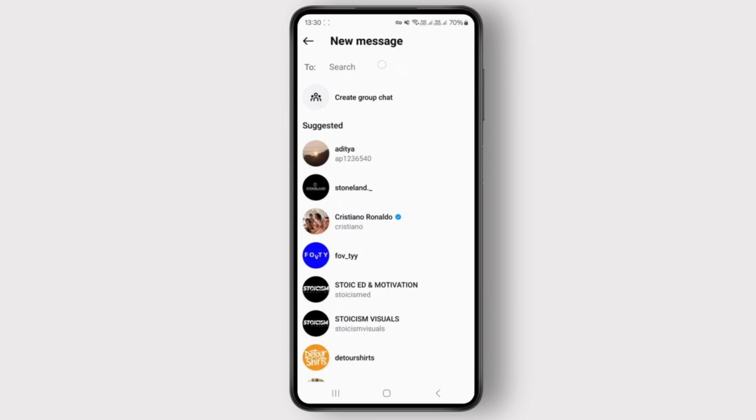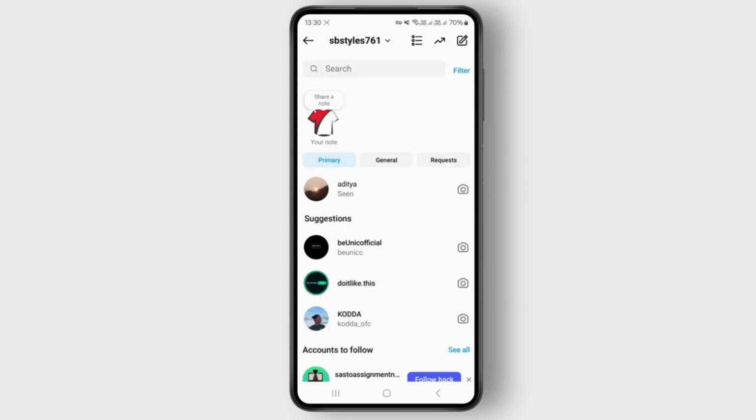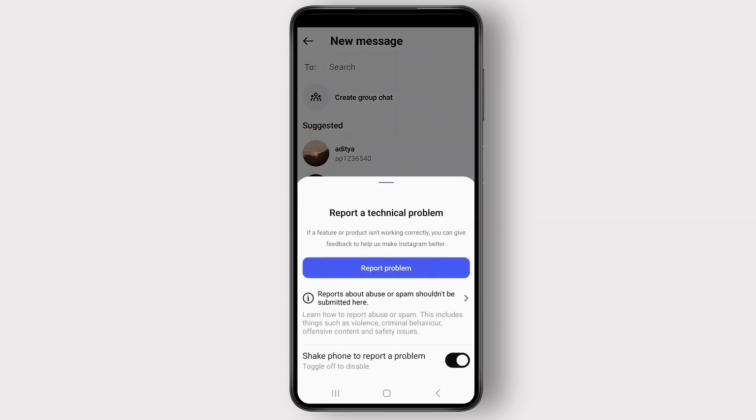So as you can see, for my account, the option to create a broadcast channel directly is not available on Instagram. So in that case, what you can do is just come over here and just shake your device just like this, and make sure you have enabled this option which will allow you to shake your phone to report a problem,